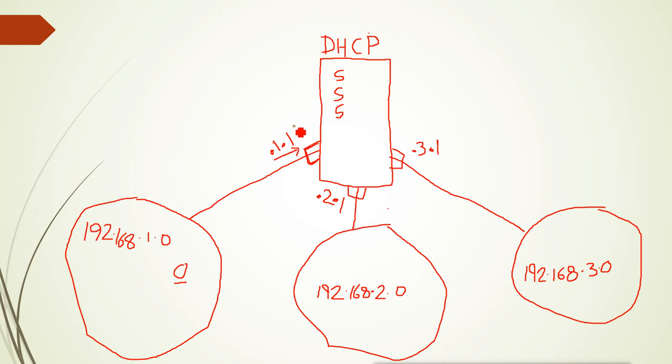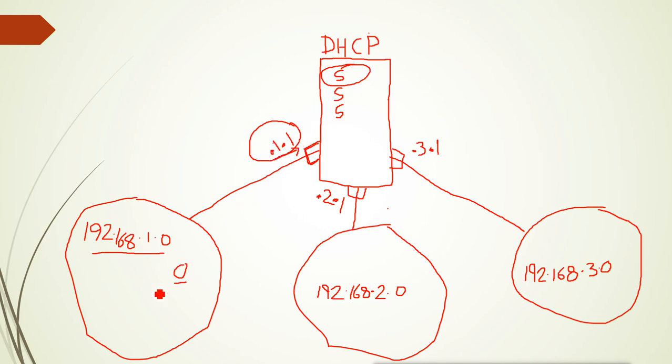So remember, if the request is received from this port, which is configured with an IP of this subnet, then when the request is received on this port, the DHCP server knows that the request is for this particular scope, which is configured for this subnet. So it decides based on the interface and the network IP of that interface